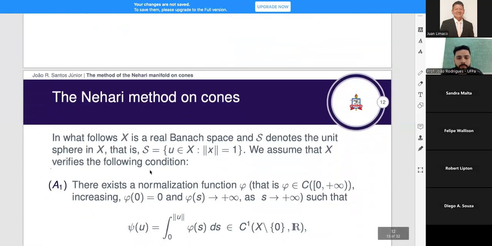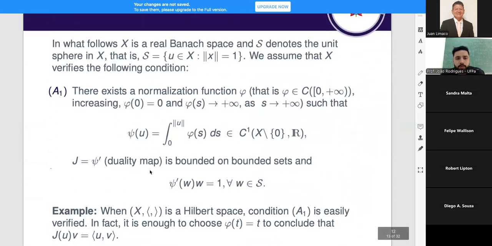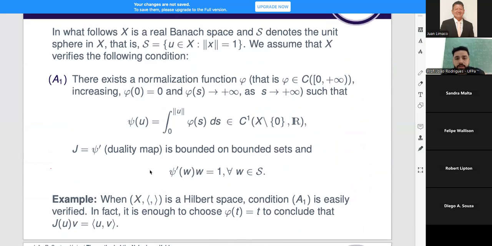Let me present you some assumptions we will consider here. This first assumption was considered in the paper of Zuckerberg. This assumption is a condition on the Banach space we are working in, and basically it is to guarantee that the unity sphere of the space is a C1 manifold, because